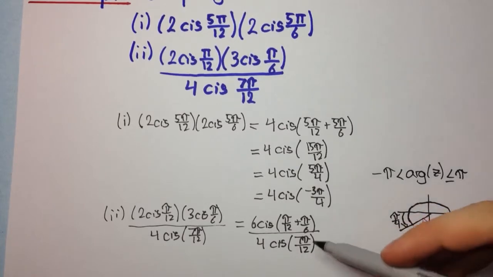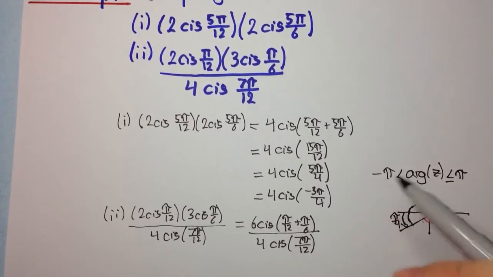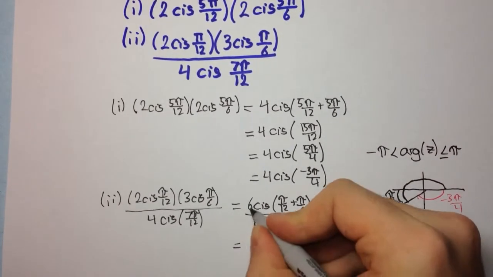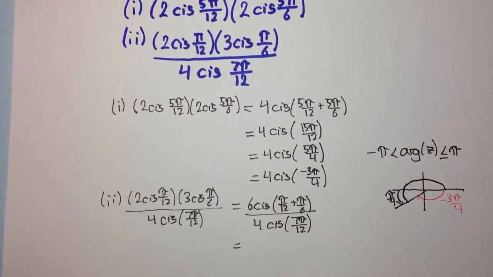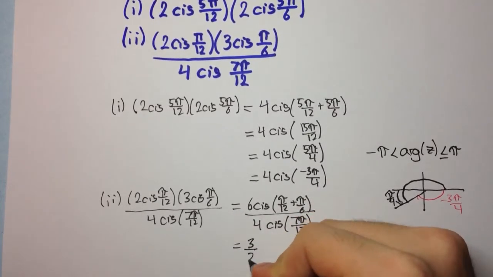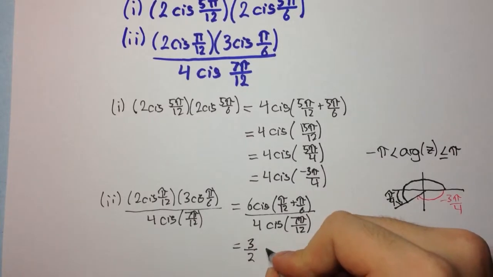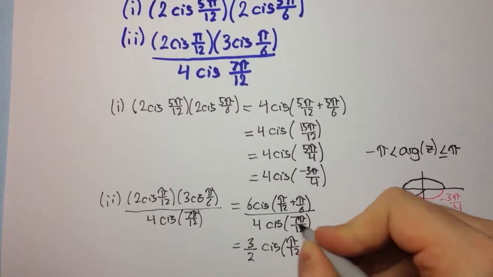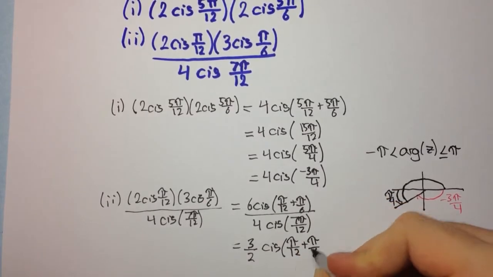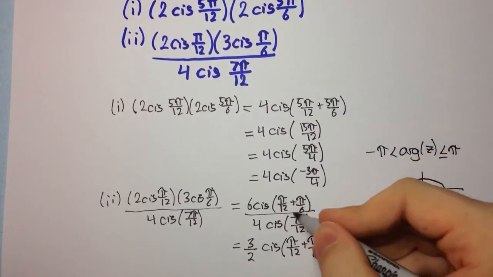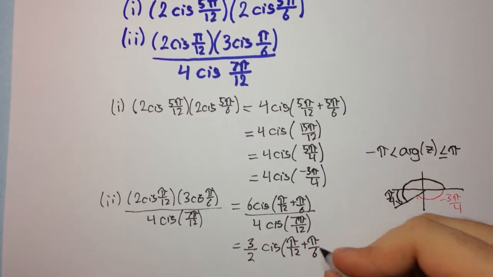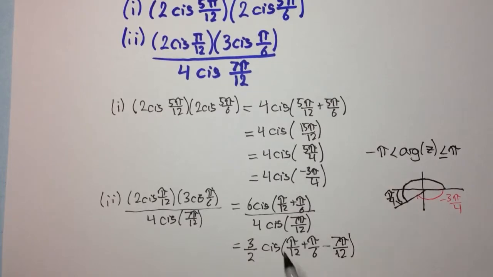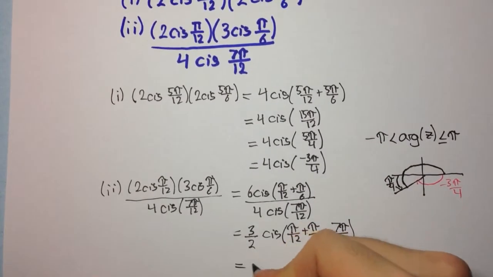Okay, now when we divide using mod-arg form, we divide the moduli, so we'll have 6 divided by 4, which is 3 halves, so 3 over 2, and we subtract the angles. So we're going to have pi on 12 plus pi on 6. There's no need to waste a step by calculating that and then subtracting. We can do that all in one step. And we take away, so we have this angle minus this angle. Okay, and when you work that out,